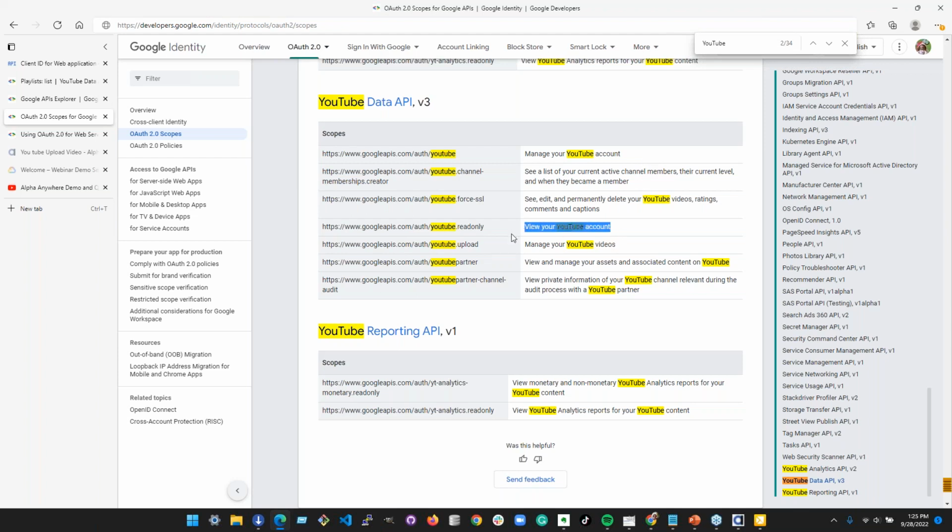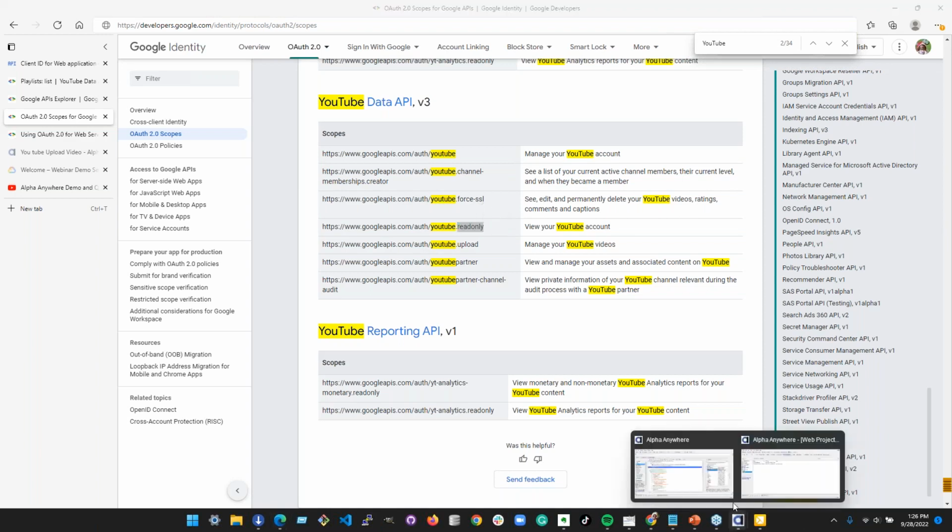Another is view your YouTube account or manage your videos. Depending on what you're doing with the API, you don't need to include all of these scopes in the definition. You just need to include the ones required to do what you need. So read only is highly appropriate for just getting a list of information about our playlist.